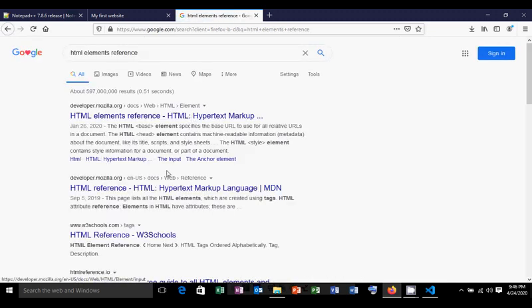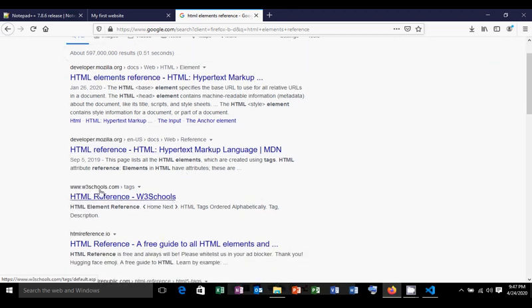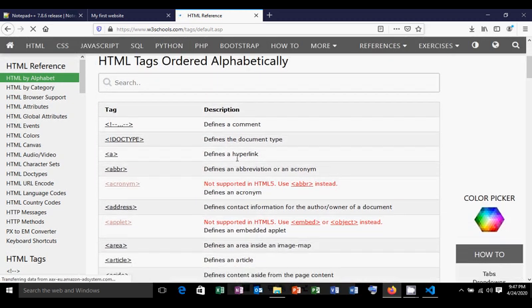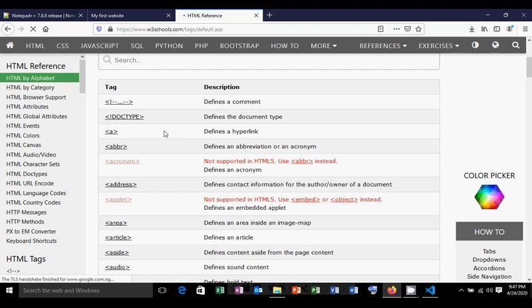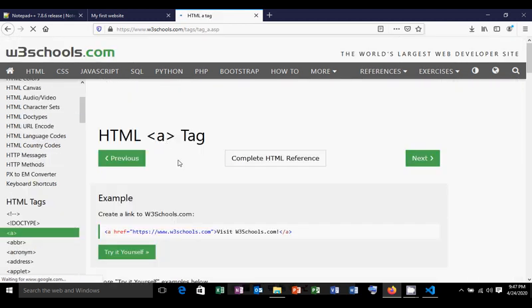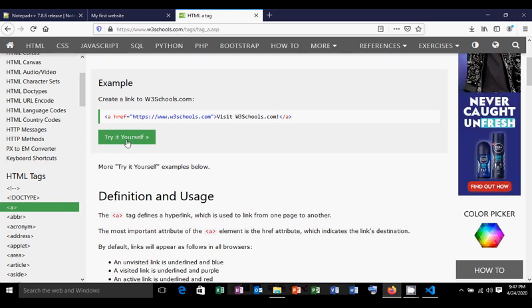In the HTML element reference, look for w3schools.com, you just click on it and you can see so many HTML element references, and they explain their uses. So you just try any of them and you can click on it. It will take you to where they explain it with examples, like the anchor tag, which is the hyperlink, with the examples and how to use it. So you try it yourself,